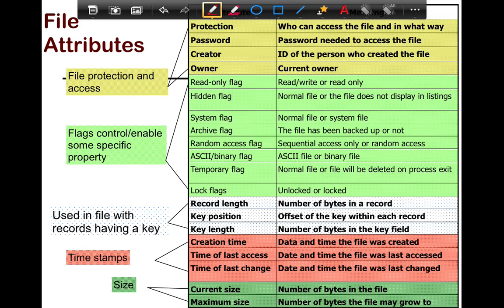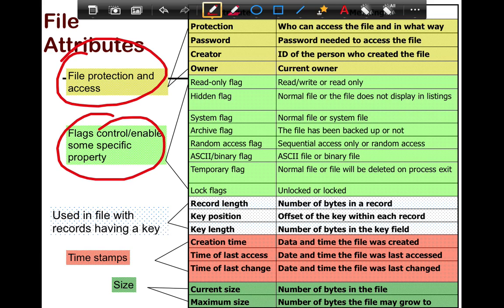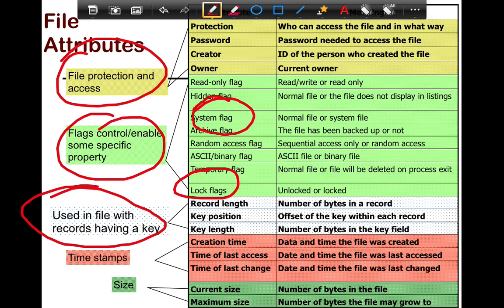Here are examples of file attributes. Certain file attributes could include things on protection and access control. Certain flags enable things like locks, which control how many threads can access the file at the same time. They indicate whether it is system access, or whether the file is there for archival purposes. The hash stuff, which talks about records and key length, is specific to databases. File systems could include more information that is specific to the application running on them.